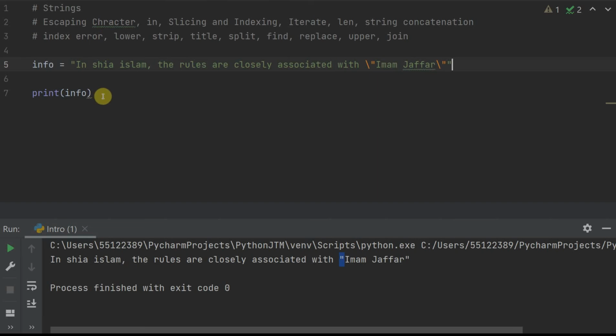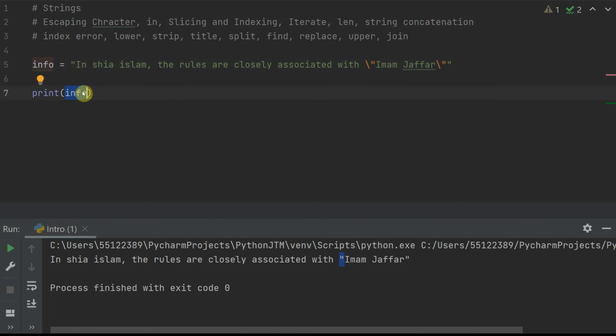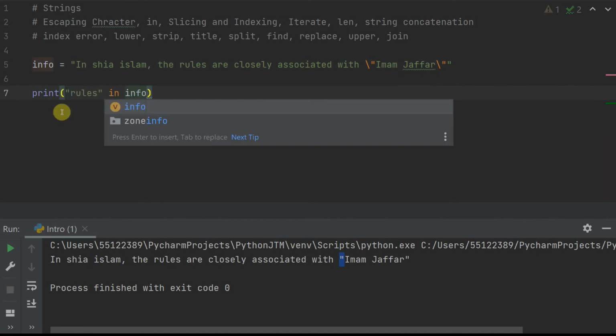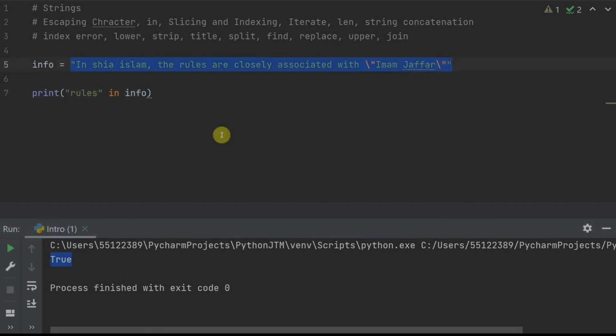There's another thing that you could do. We could say there's a long list of text and I actually don't know whether something is written in there or not. So what I'll do is I'll say whether rules is in info. All I'm saying is plain text information that you would speak in English as well, whether this word rules is in info. Let me run it and see what it does. It says true. Now this returns a Boolean, either true or false, saying whether this particular string that you're searching for is in this long string. And it is very precise as well.